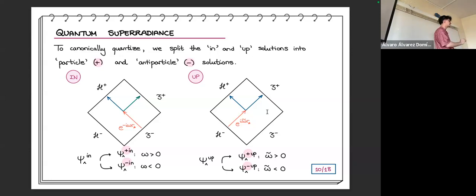And now, for the up modes, we could do exactly the same. But we are not going to do exactly the same. And this is a choice, because every choice makes sense here. Let's pick omega tilde positive and omega tilde negative. Why? Because now for the up modes, what is relevant is the H minus part. And the relevant frequency there is omega tilde and not omega. Omega tilde is not a frequency of the system. The frequency of the system is omega. Omega tilde was, I remember, omega plus a shift: omega plus Q times Phi, divided by r plus. But we can, in principle, make this choice.